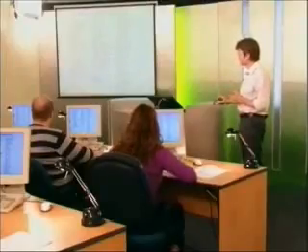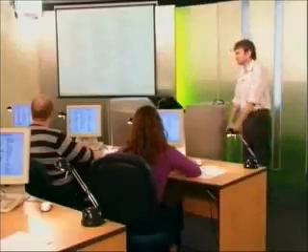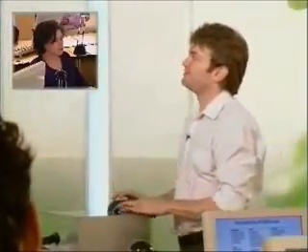Super. Is there any optimum number of keywords for any specific campaign, do you think? Is there any upper or lower limit you would say is sensible? Well, I think once you get to huge numbers, it just gets hard to manage. I don't think there is an answer to that question, to be perfectly honest with you. I think what you need to do is, even within an ad group,